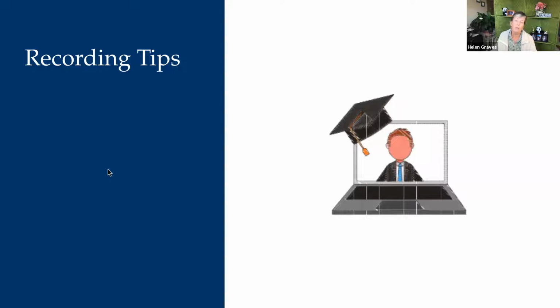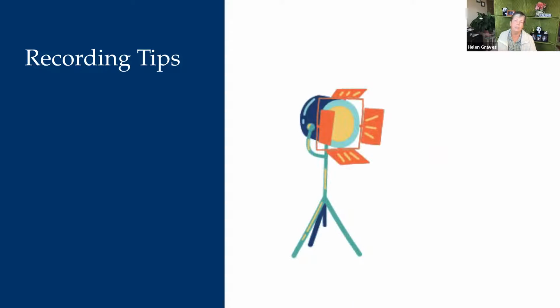If you are going to be on screen, you don't need fancy lighting. You just want to make sure you're not backlit. We've all seen the people on Zoom who look like they're in witness protection because the light is coming this way and so we don't see their face. You just want to make sure you have good, even light on your face. But again, you don't need to get fancy with all of the photographer level equipment.